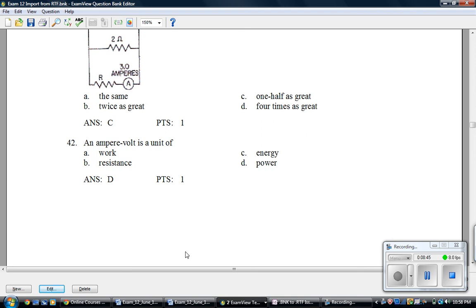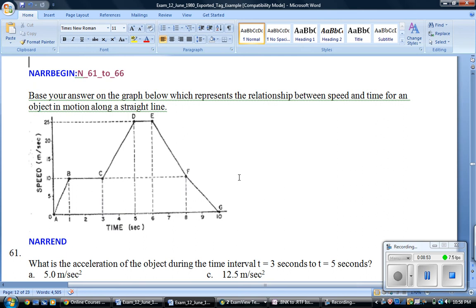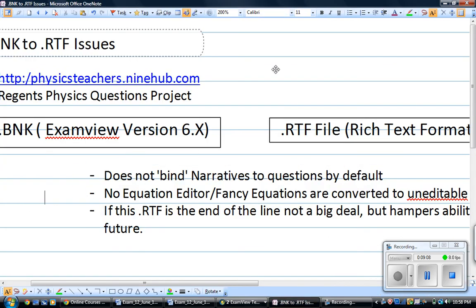What should you do when you're starting off with it in an RTF format? There's really just one or two things I'd like you to keep in mind and a tag you've got to end. First of all, just leave it in Times New Roman font 11. The second thing is you can actually tell it where the narratives are, and that will make it a lot easier on somebody like myself importing it. And all you have to do